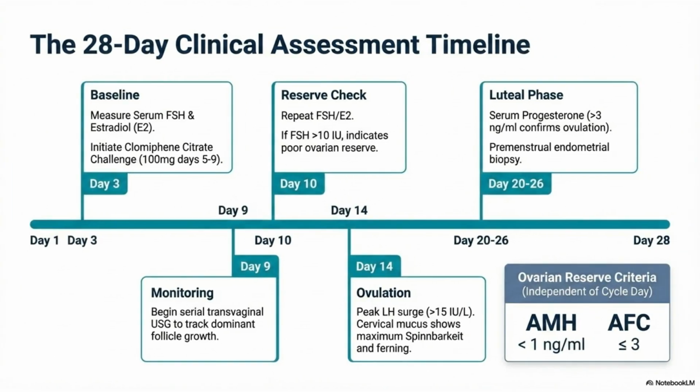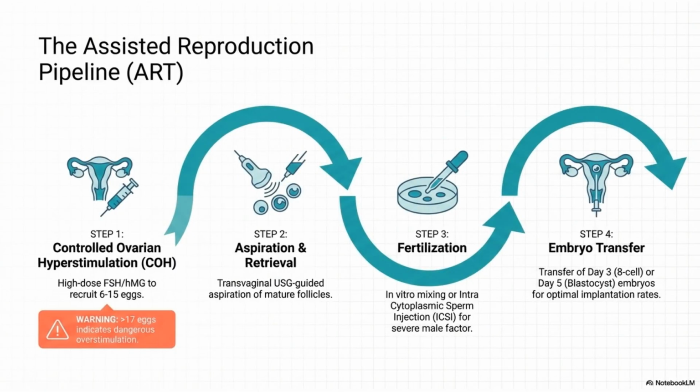A 28-day clinical assessment timeline guides the diagnostic workup. Key steps include baseline hormonal checks, monitoring of follicle growth via ultrasound, a reserve check, and confirming ovulation via a luteal phase progesterone level. The assisted reproduction pipeline begins with controlled ovarian hyperstimulation, or COH, to recruit 6 to 15